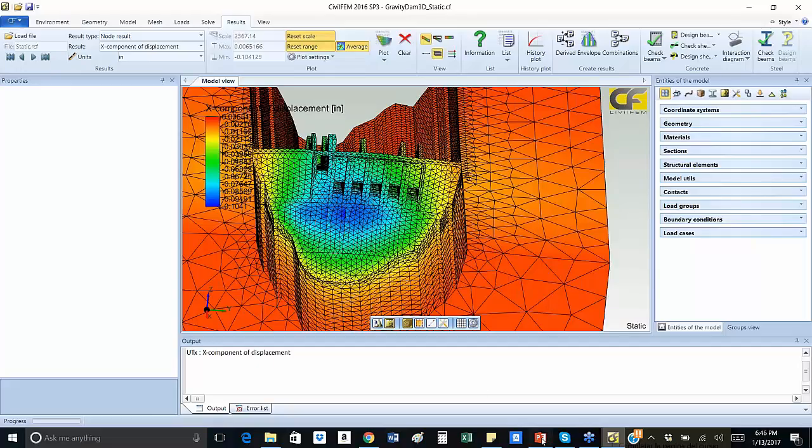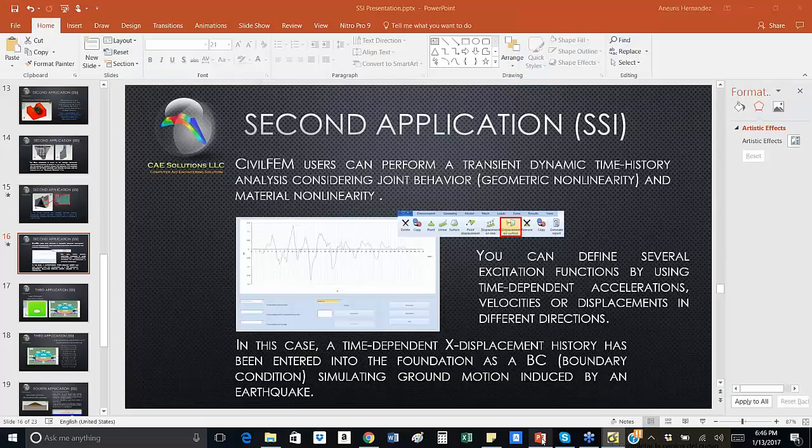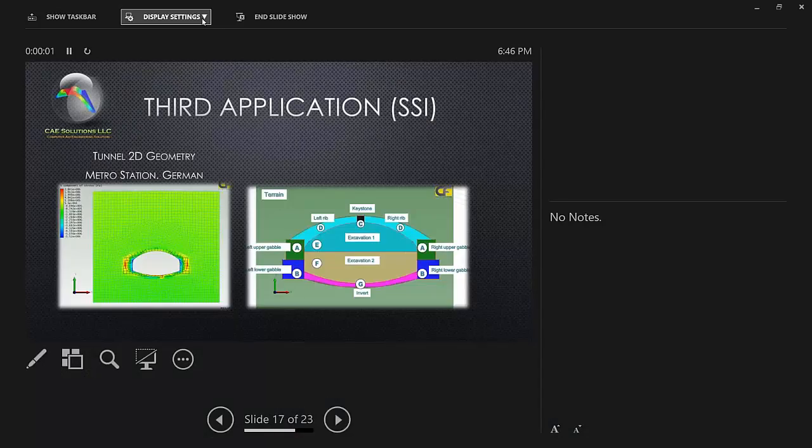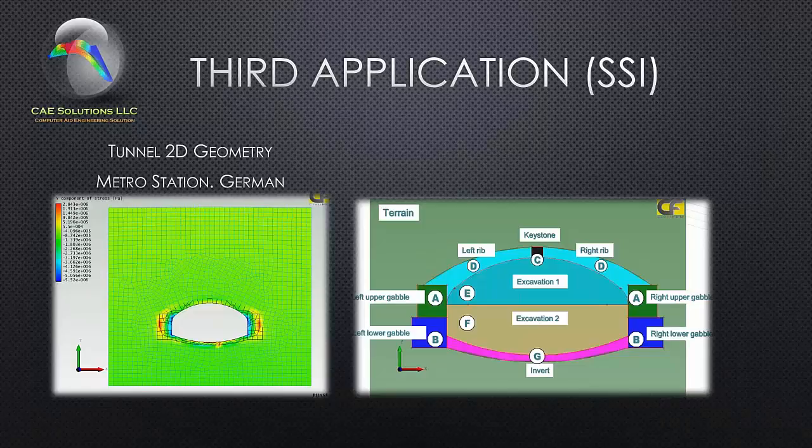Now we'll continue the presentation. The third application of SSI is a tunnel model in a 2D geometry. It corresponds to a metro station in Germany. The left portion of this view shows the terrain, the soil, and we see the structure,